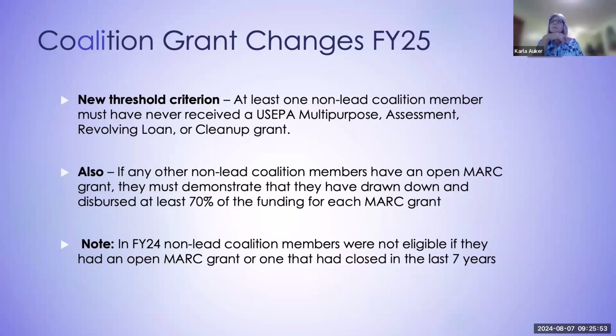Yes, but that's not a threshold requirement for them. They have to show that they're low capacity, but they don't necessarily have to be disadvantaged. Your grant application is going to be more competitive if they are disadvantaged, and you can say how they're low capacity and disadvantaged, but it's not a requirement. Okay. Read the guidelines carefully on that, though.